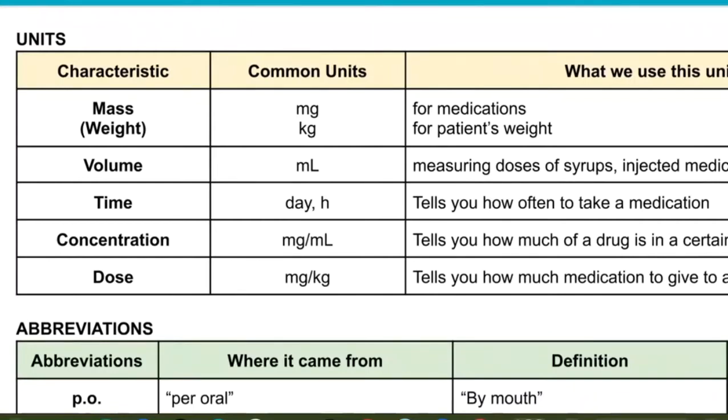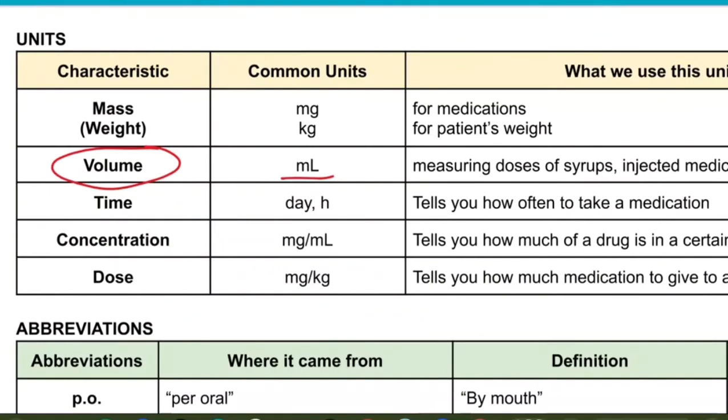Units describe different characteristics. If you're describing mass or how much weight is in a substance, you're going to use milligrams or kilograms usually if you're in the clinic. Milligrams are usually used for medications and kilograms are usually used for patient's weight. You might also have pounds in your clinic, but this worksheet mostly uses kilograms. Most volumes in this packet I think are going to be using milliliters. You'll be using that for calculating volumes of syrups or injected medications or suspensions that you're going to be giving